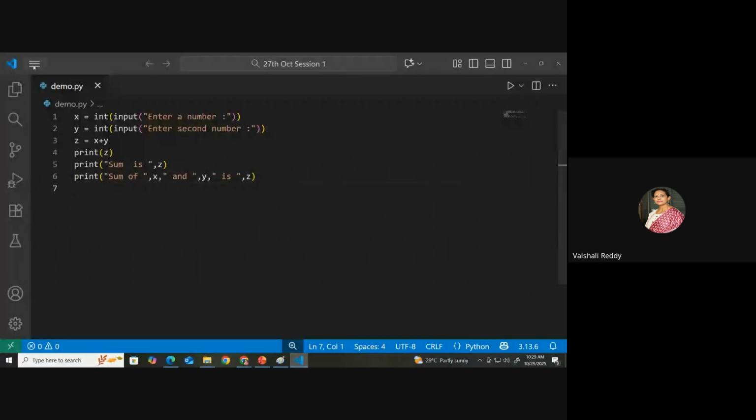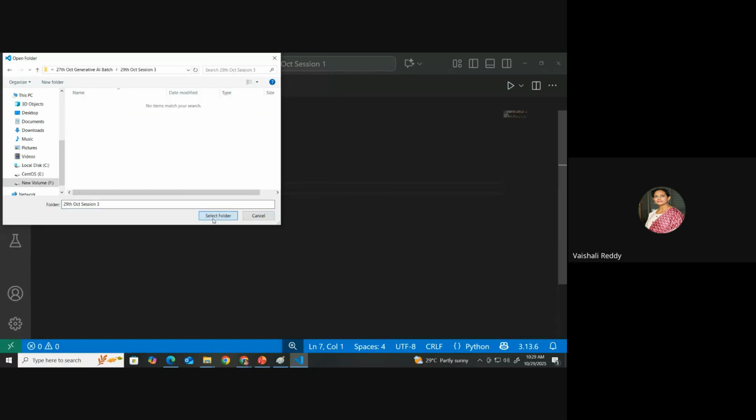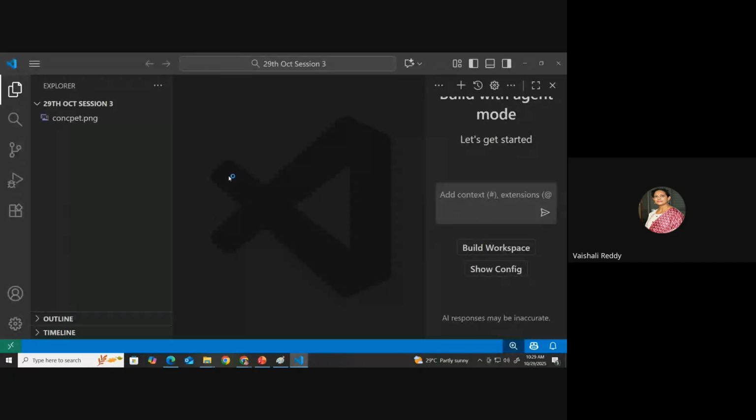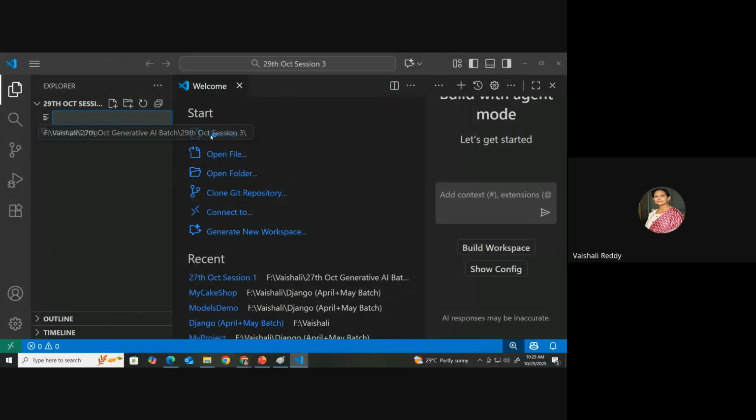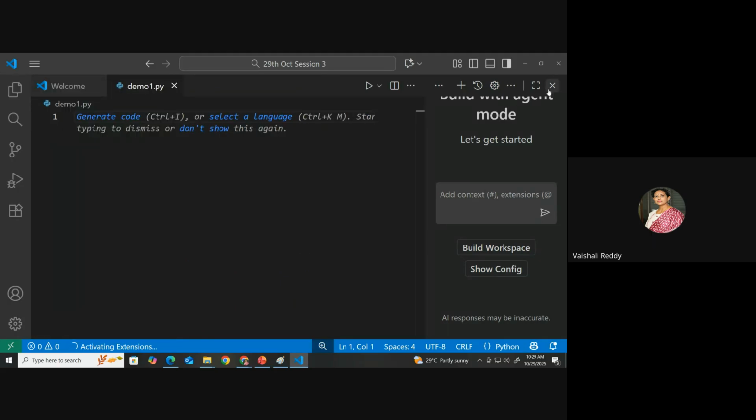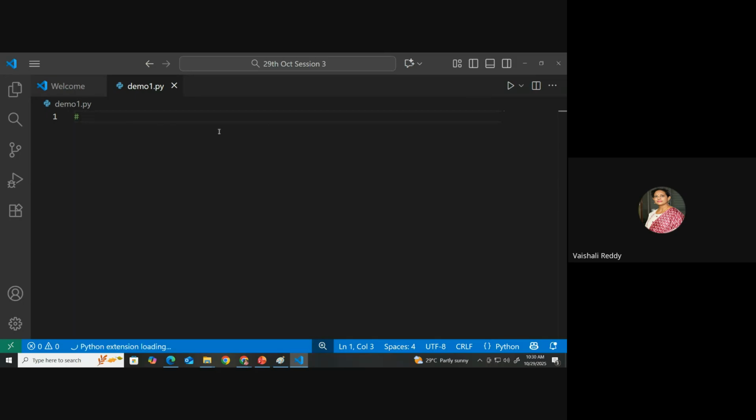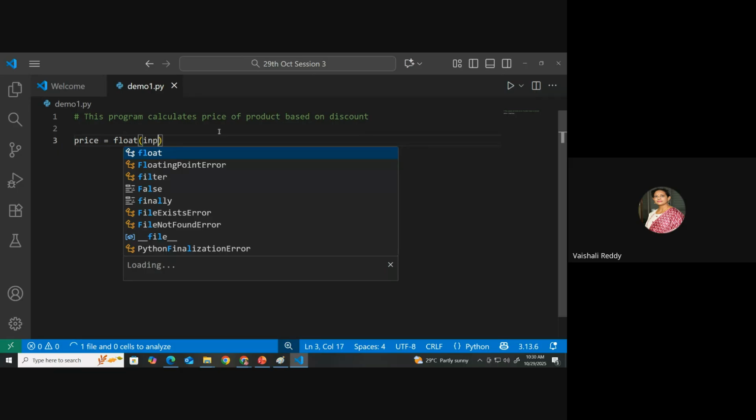So here in my VS Code, let me just open the folder that we have created today. First thing I want to do is put in some comments. Here I will put in a hash symbol: this program calculates the price of a product based on discount. So tomorrow or after a couple of days, when I open the program, I clearly understand the purpose, right? So here I can say price is equal to float, enter price,